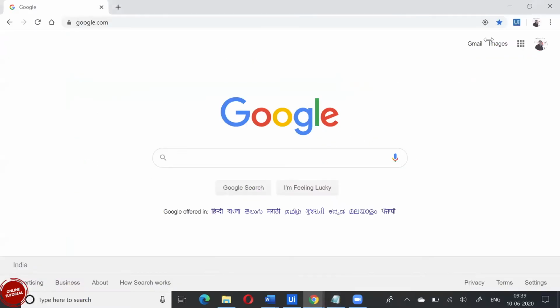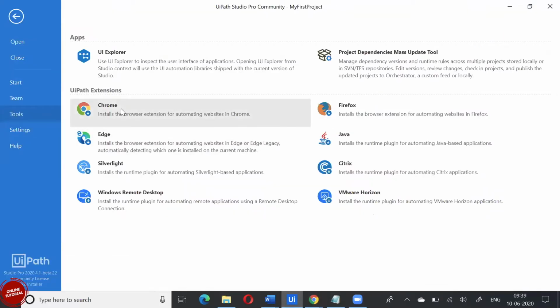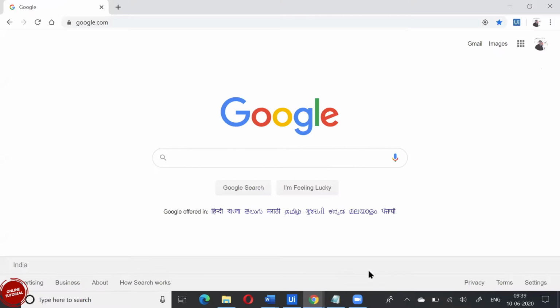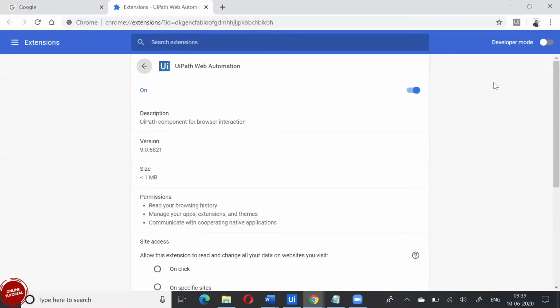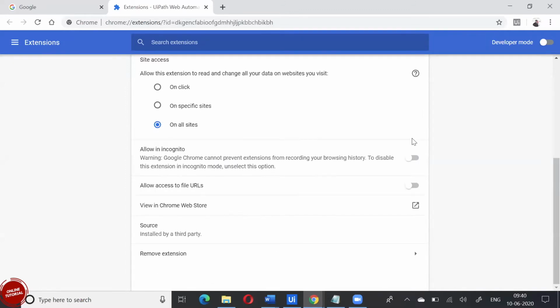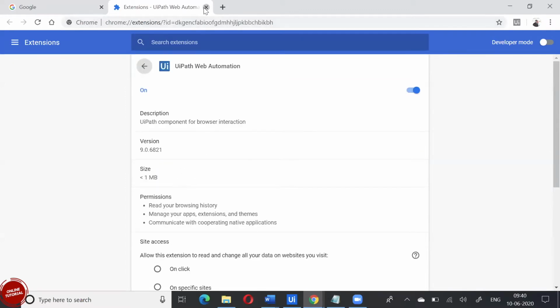Can you show me what you have done in a browser? You open the browser, and something you enabled, right? Where do we get that? See, in your machine, in the UiPath Studio, click on this Chrome under tools. You get one message. You'll have to click on OK. Then you go to your Chrome. You will have one window here. So there you have to enable the extension. I already enabled it, so I cannot re-enable it.